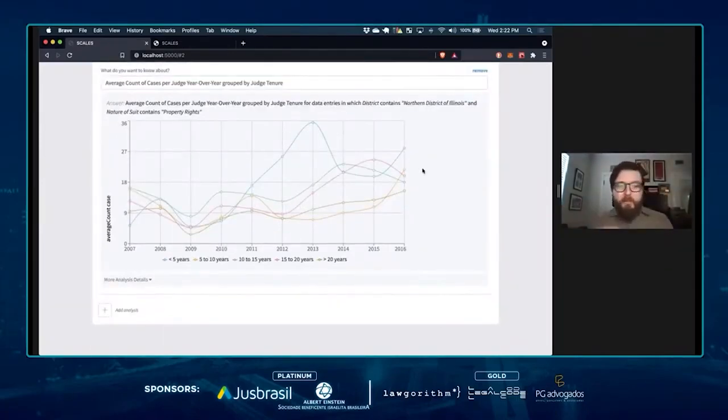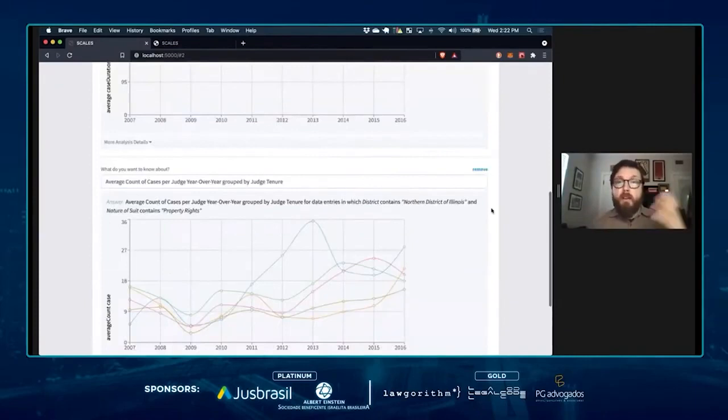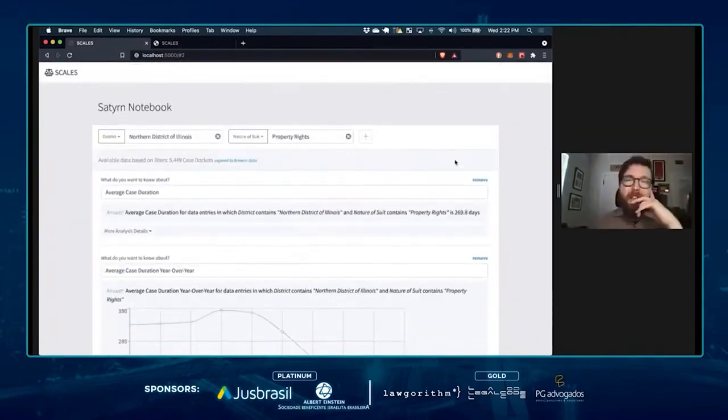So I can't go much further, but what I hope this is giving you is a sense that I'm able to explore the data very flexibly, apply filters, and ask a whole bunch of different questions in this notebook format without knowing code, without knowing SQL. And so just to wrap up,